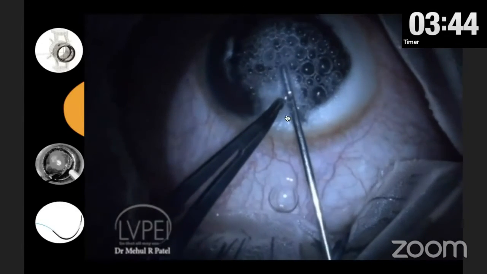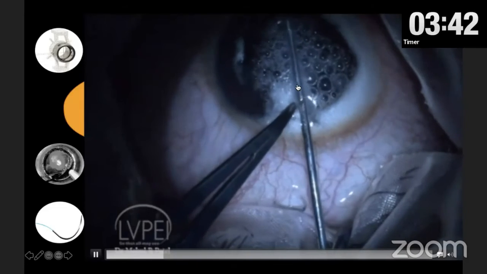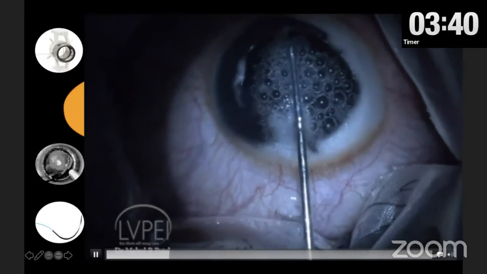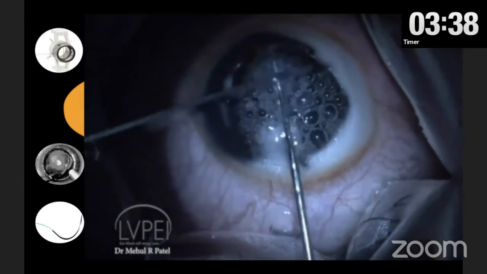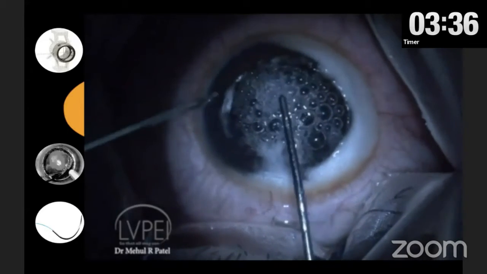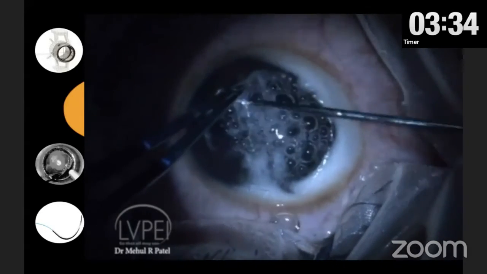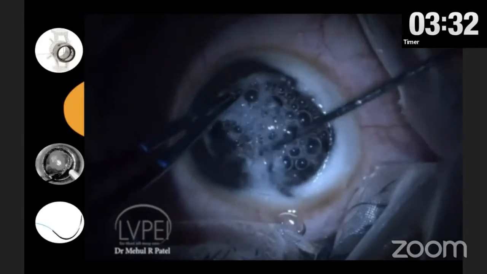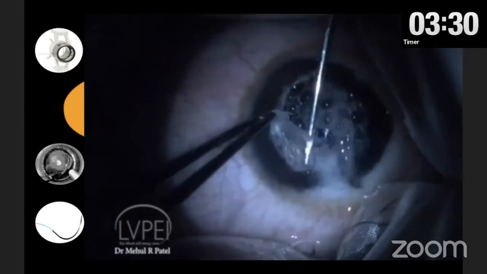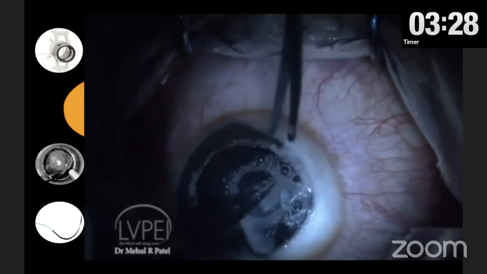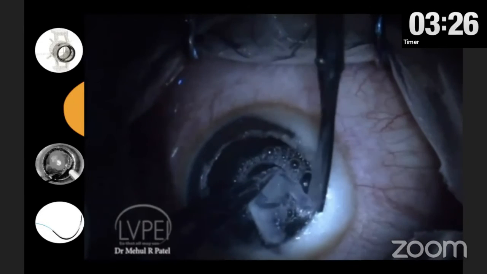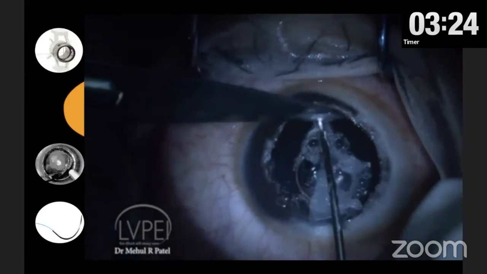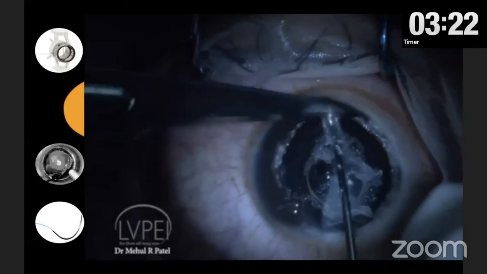So what is different in this case is, in the previous case, the dissection was done first and then the leaflets were created. But here first the leaflets are being created and then stepwise dissection of each quadrant is being carried out. So this is being done in 2 phases. Now the first layer of the stroma is being removed, and to reach a deeper plane of the stroma, another level of dissection is being carried out.